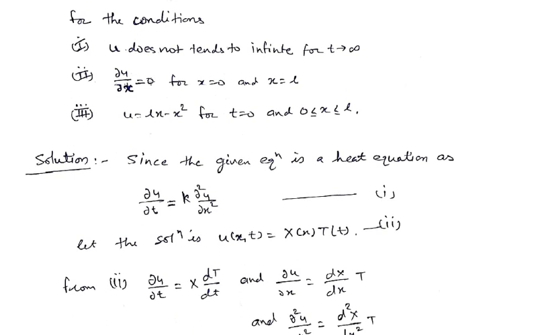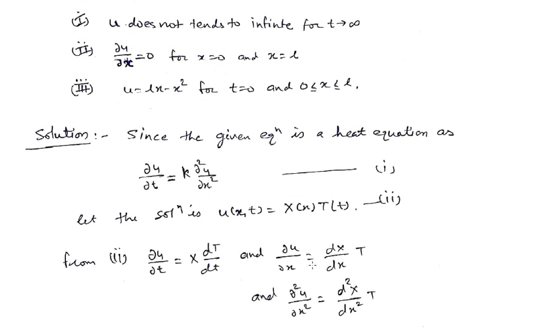So let's suppose by the separation of variables method, the solution u is given by X, some function of x only, and capital T, which is a function of t only. When we differentiate u partially with respect to x and t, we get del u upon del x equals dX upon dx times T, as X is a function of a single independent variable. So here we use the ordinary derivative. u is a function of two independent variables x and t. That's why we use the partial derivative here. Del u upon del x equals dX upon dx times T. And the second order derivative del 2u upon del x square is d2X upon dx square times T.